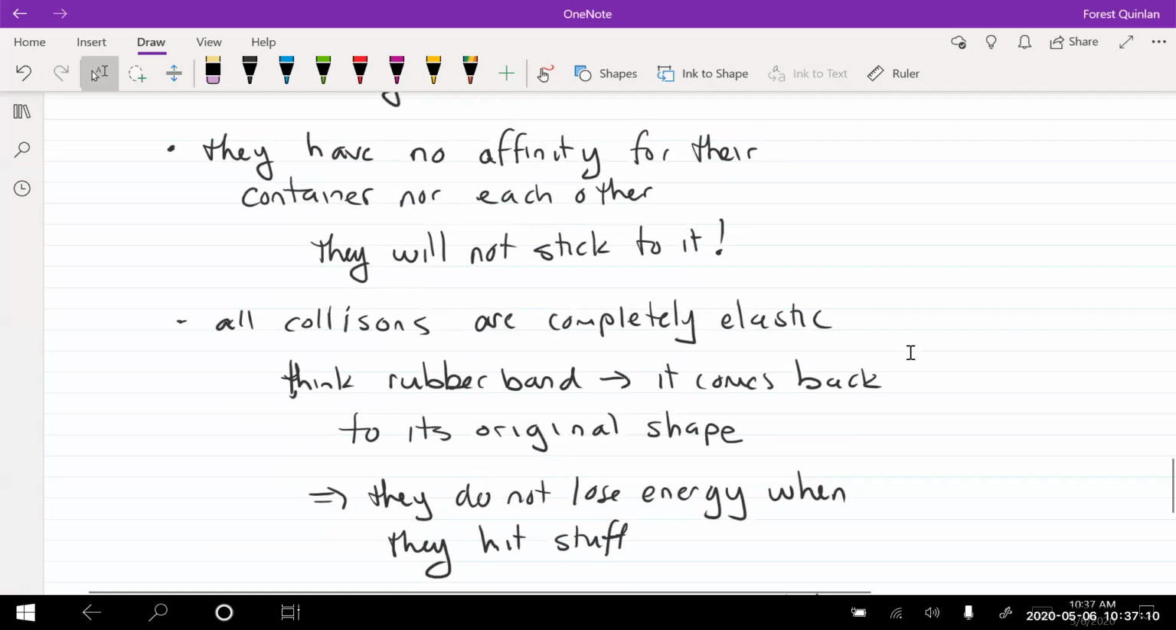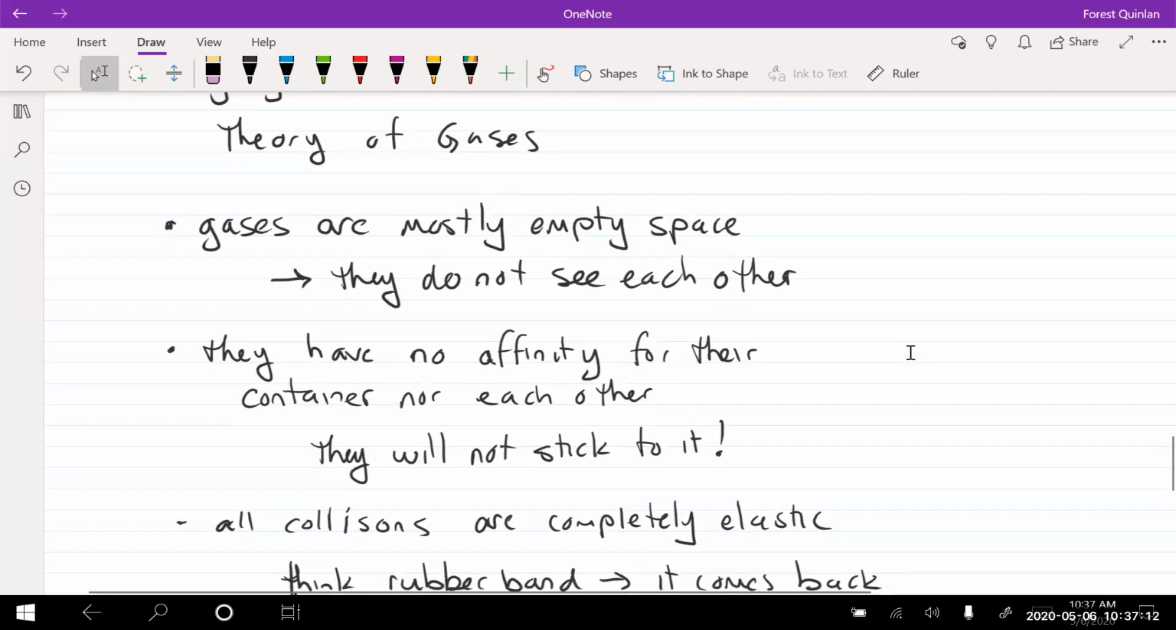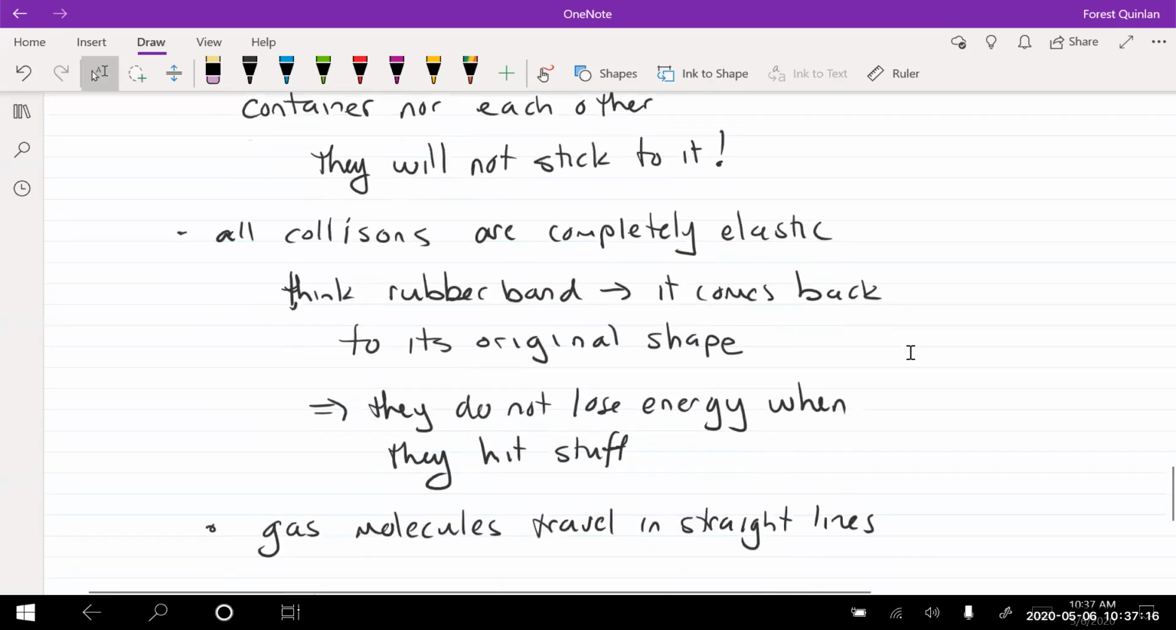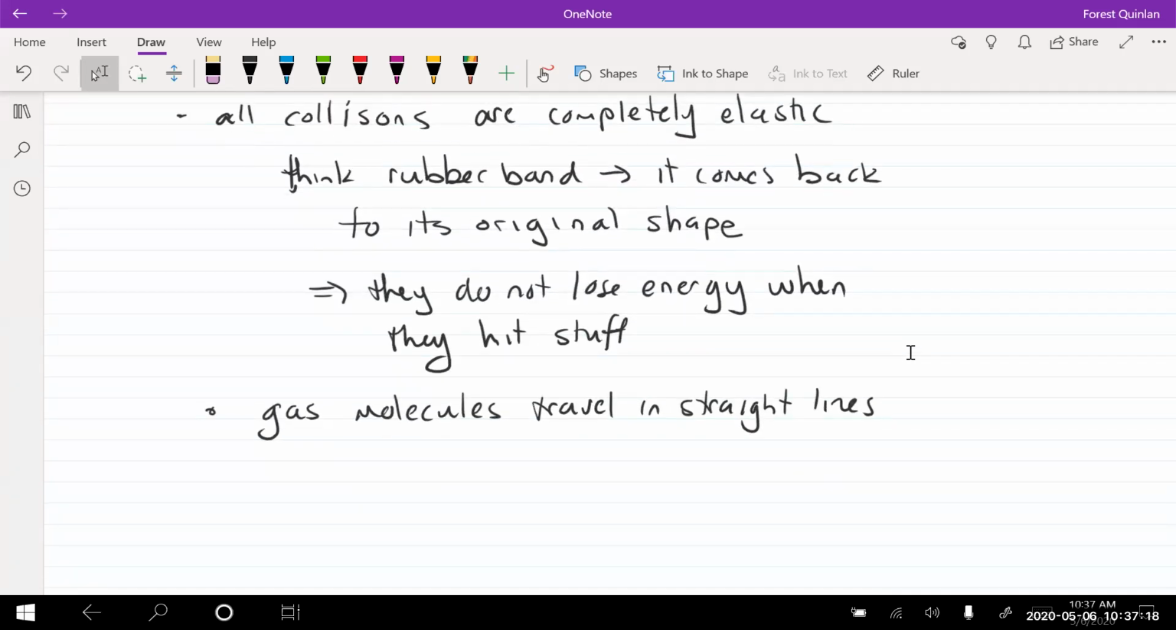So there we have it. They're mostly empty space. They don't like each other or their container. They don't stick to anything. They hit, they give their force, they come right back and they don't lose energy and they travel in straight lines. This is how gases behave and this is why they are predictable for the quantities that we are going to be measuring,